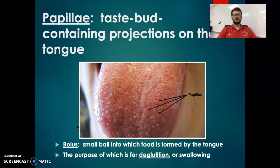But let's continue on with the papillae of your tongue, the taste bud containing projections. Everybody's taste buds are different. That's why I like really sweet things, and you might like really salty things, probably because you're salty, but, you know,